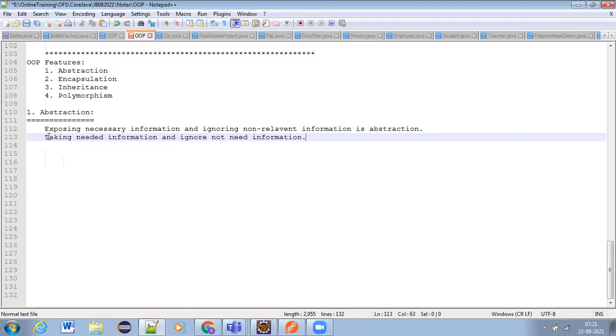So in simple terms, we are going to deal with only needed information, and we will ignore unnecessary information or not needed information. That is abstraction.